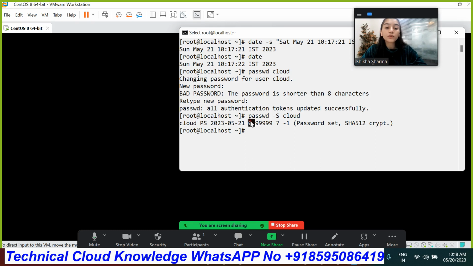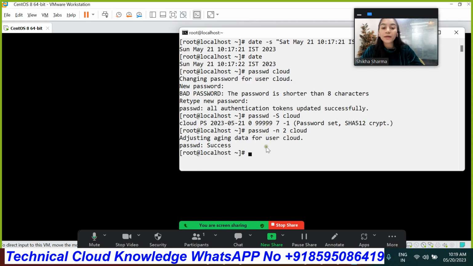Now let's move to the fourth field. As I told you, the fourth field refers to how soon you can change your password, the minimum age of your password. So let's change the value. For that, you need to run the command passwd -n and the number. I want to be able to change my password after 2 days. Then my password will get changed, but before 2 days it will not be changed by me or any other user, even the root user. So passwd -n 2 and then the username.